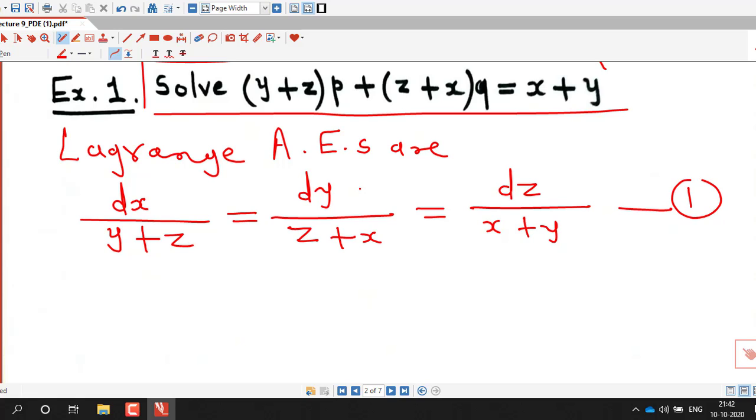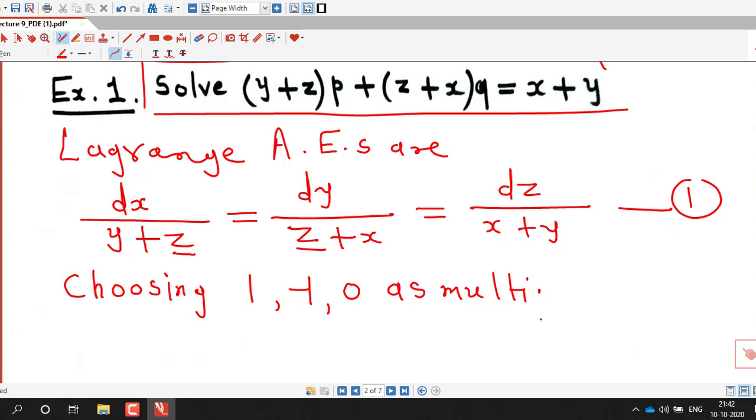So what we can do is we will generate new fraction such that the numerator is exact differential of the denominator. So you can see here we have z in these two terms. So if we take difference of these two fractions, z will cancel out, and if we don't require this last fraction, we can multiply it with 0. So this suggests to take multipliers 1, minus 1, 0. So choosing 1, minus 1, 0 as multipliers,